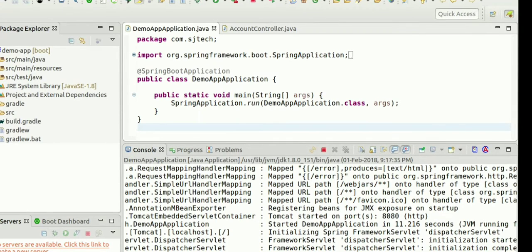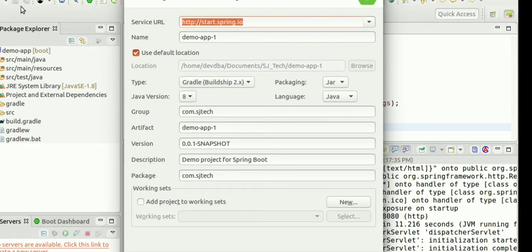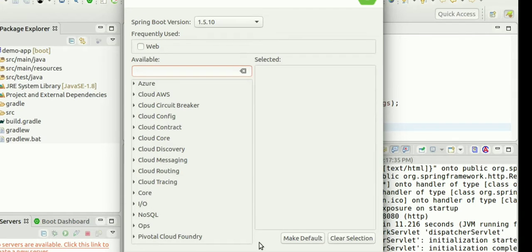Now let's go ahead and create a Spring project for us. To create a Spring Boot project, click on Spring Starter Project. This would be a template, which we will use to create our first project. Once you have provided the valid details, click on next, and then select the dependency that you want to put into the project. To create a REST API, the dependency that we require is web. So select web and then click on finish. I will not create a project right now because I have already created a project for today's session.